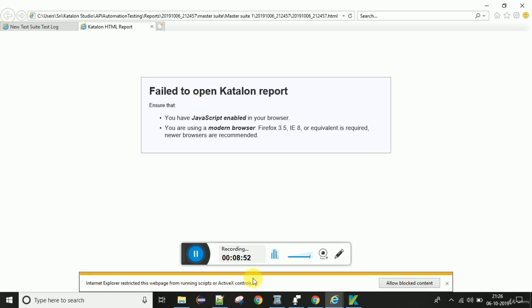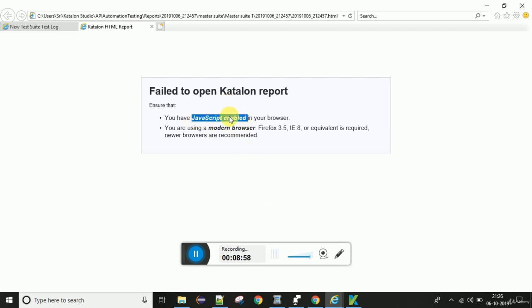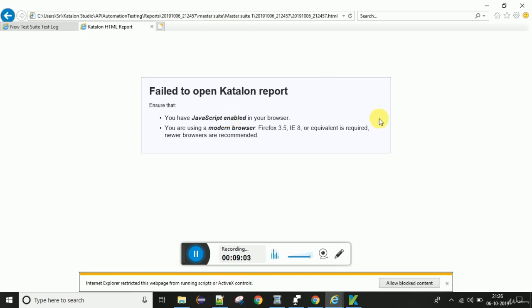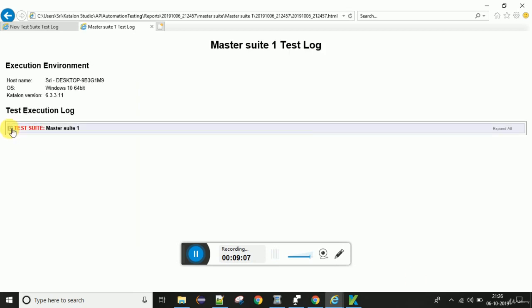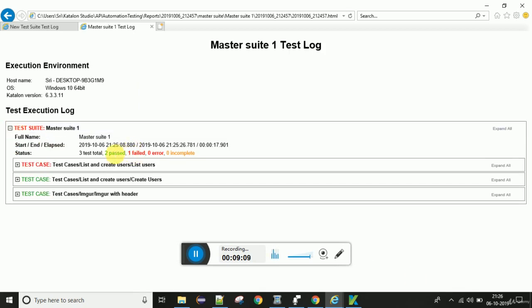We have to enable JavaScript in our browser. Just click allow content in the browser if any error message is thrown. I am clicking allow blocked content, and here we can see 3 total test cases, 2 passed and 1 failed.